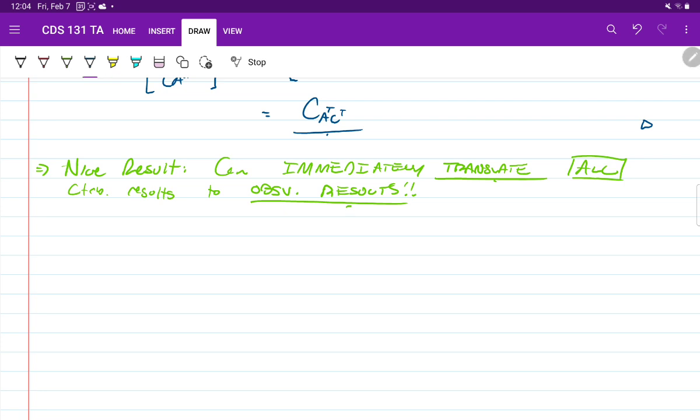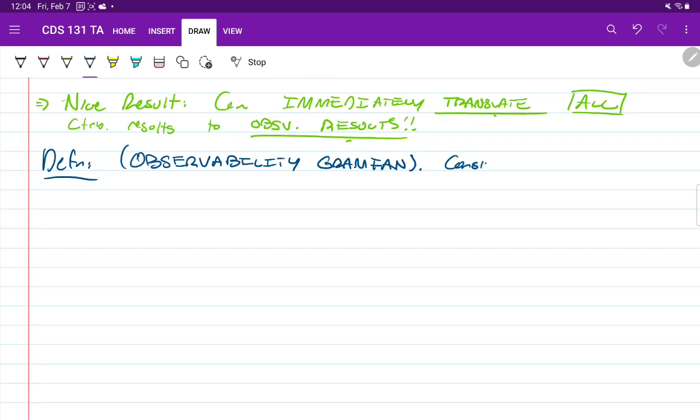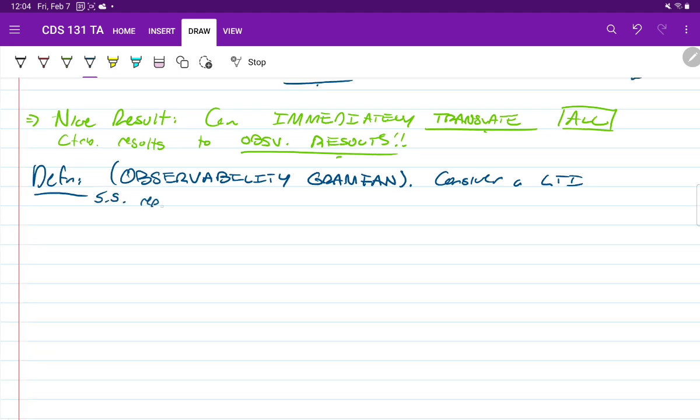So let's define the observability Gramian using this duality idea. Definition: this is the observability Gramian. Let's consider a linear time invariant state space representation, same as usual, A, B, C, D. And again, I'm just going to assume that it's a continuous time system just for the sake of this lecture. Then the observability Gramian